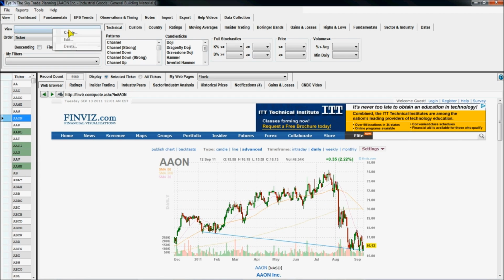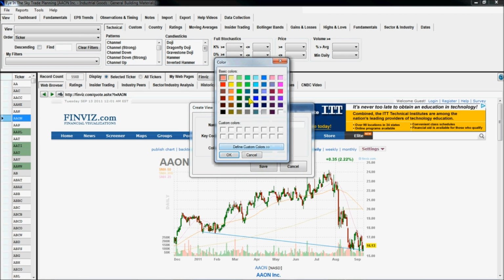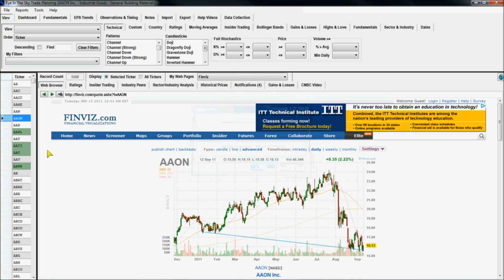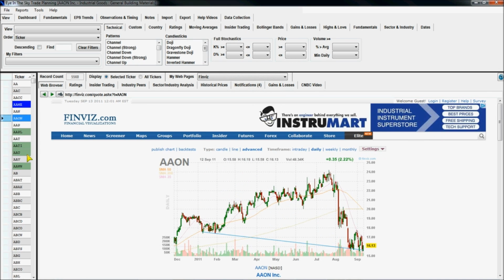If you right-click on here and choose Create, you simply call the list anything you want. In this case, I'll call it Demo. You choose what key to press on the keyboard to assign tickers to that list. Then you define what color it would appear in the list. So let's say we want a blue background with white text. And hit Save. So now if I select a stock and hit D, it'll put it into that list,